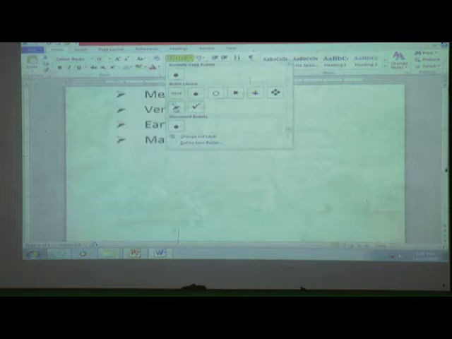Suppose we want this bullet. See here, this number changes to a bullet or symbol. Got it? Clear everyone?